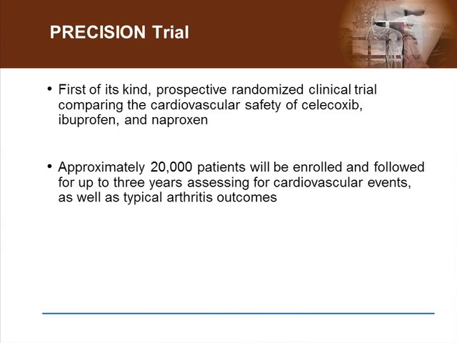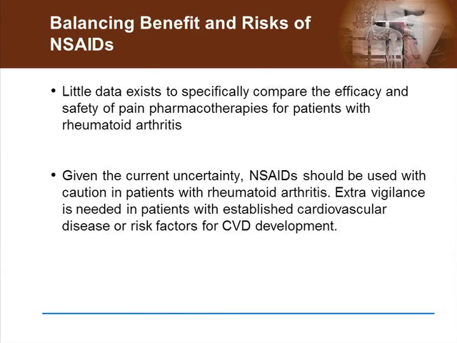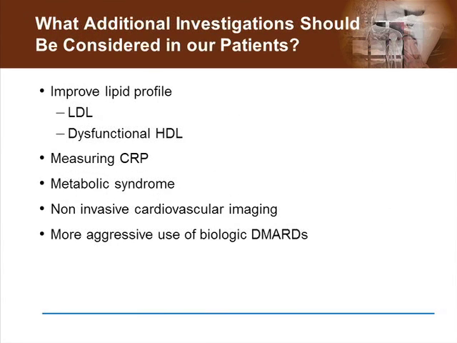It is unclear whether selective COX-2 inhibitors are equivalent or safer than non-selective NSAIDs. We do now know that there is a very large trial called the PRECISION trial that you can find on clinicaltrials.gov. This is a first-of-its-kind prospective randomized clinical trial comparing the cardiovascular safety of 3 different nonsteroidals: celecoxib, ibuprofen, and naproxen. Its plan is to enroll over 20,000 patients followed for up to 3 years, assessing true cardiovascular endpoints, adjudicated endpoints, as well as looking at some typical arthritis